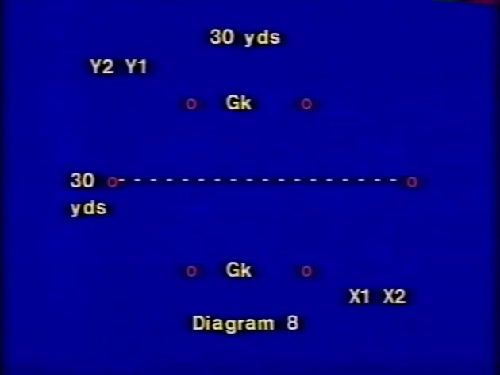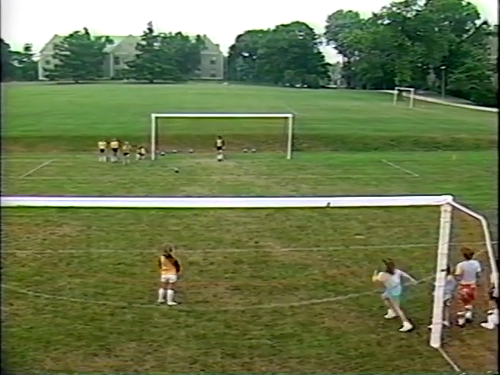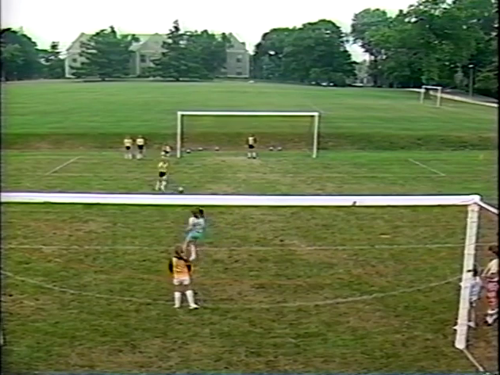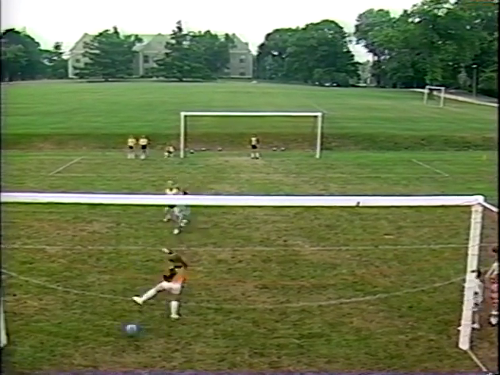We now move to a small-sided game, 1 versus 1. Here we've got a 30 by 30 yard area with 2 goalkeepers and 2 teams, Y and X's. The point of the practice is to get as many shots in as possible to encourage the children to shoot when the opportunity arises. Here in the first example we can see the lad gets the ball, shoots at goal